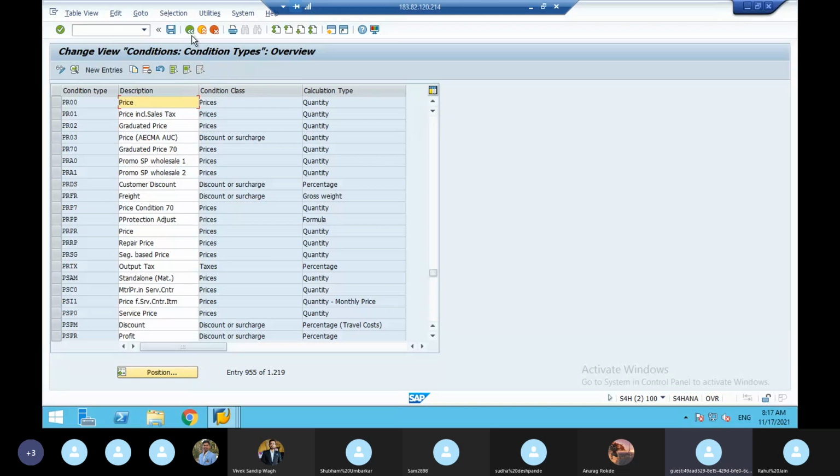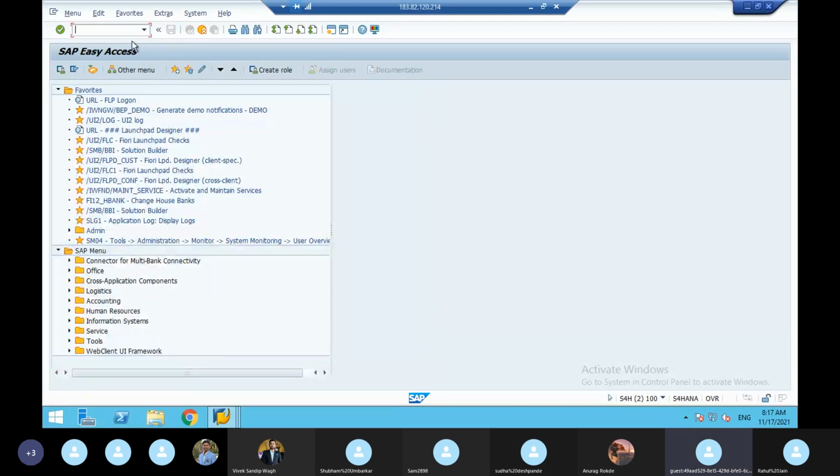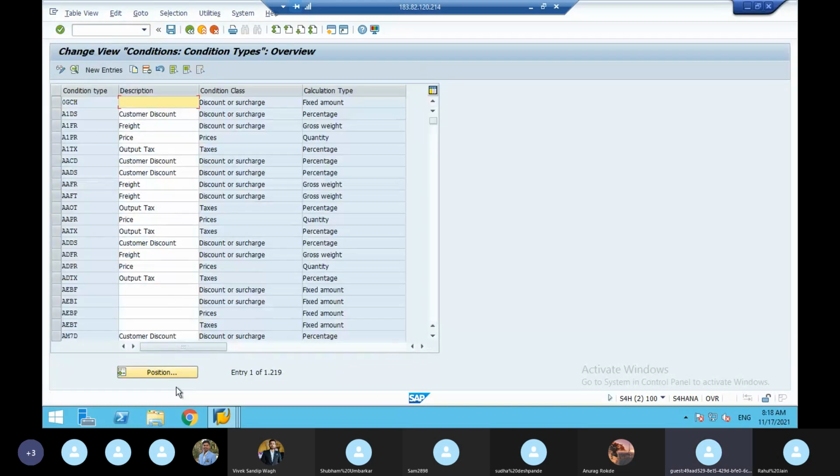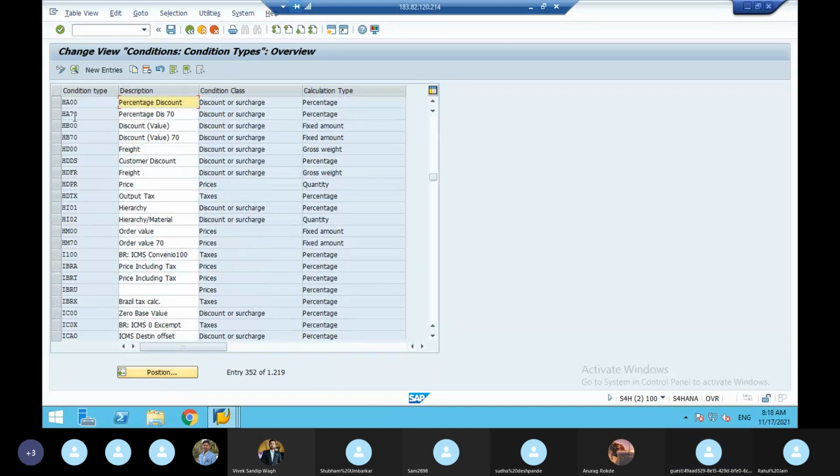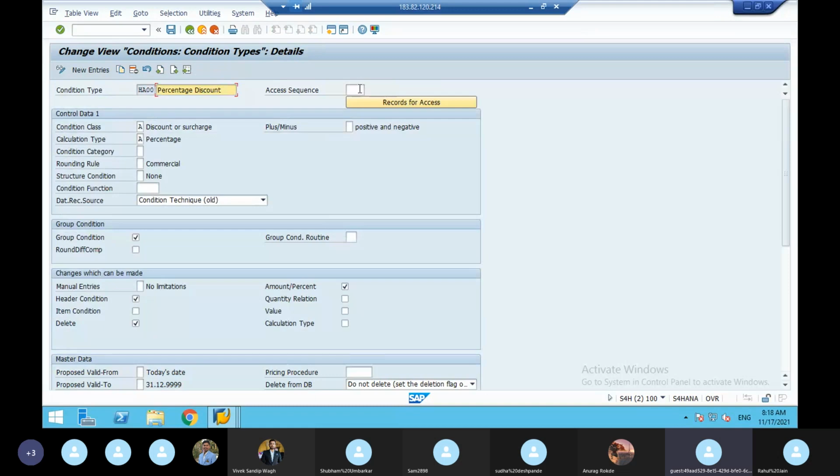And header conditions, there are two header conditions. One is HA00, the HA00 discount, and HD00 is freight. So here what will happen? Header condition types do not have access sequence.